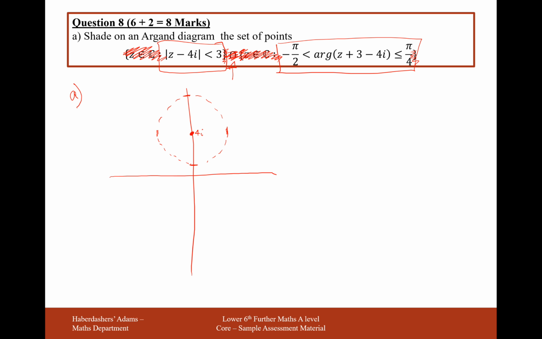Alright, next point, z, so it's the opposite of this, so it's going to be plus 3i, so it's going to be here, and it's going to be minus 4i, so it's going to be exactly where we have the edge of our circle at here,